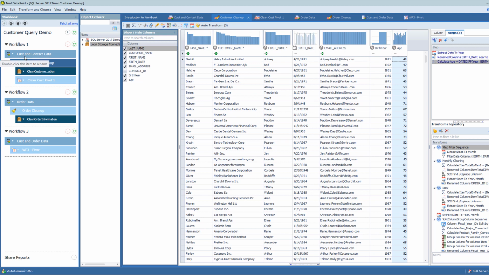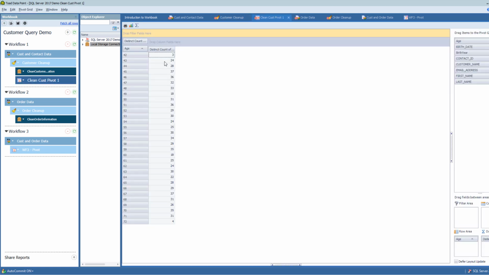So starting with what came out of the customer and contact data query, they've now added a transformation and cleanse, cleaning up that data. And then off of the transformation and cleanse, meaning that as children in this tree structure of transformation and cleanse, they're doing 2 things. One, they are saving this data into local storage. So they've got an output here where they're taking this cleaned customer data and creating a table of that data in their local storage, which is like their local sandbox that's attached to Toad Data Point. And 2, they've created a pivot table of that clean customer data. And they haven't done too much here, just maybe summarize, looks like a distinct count of customers by age.